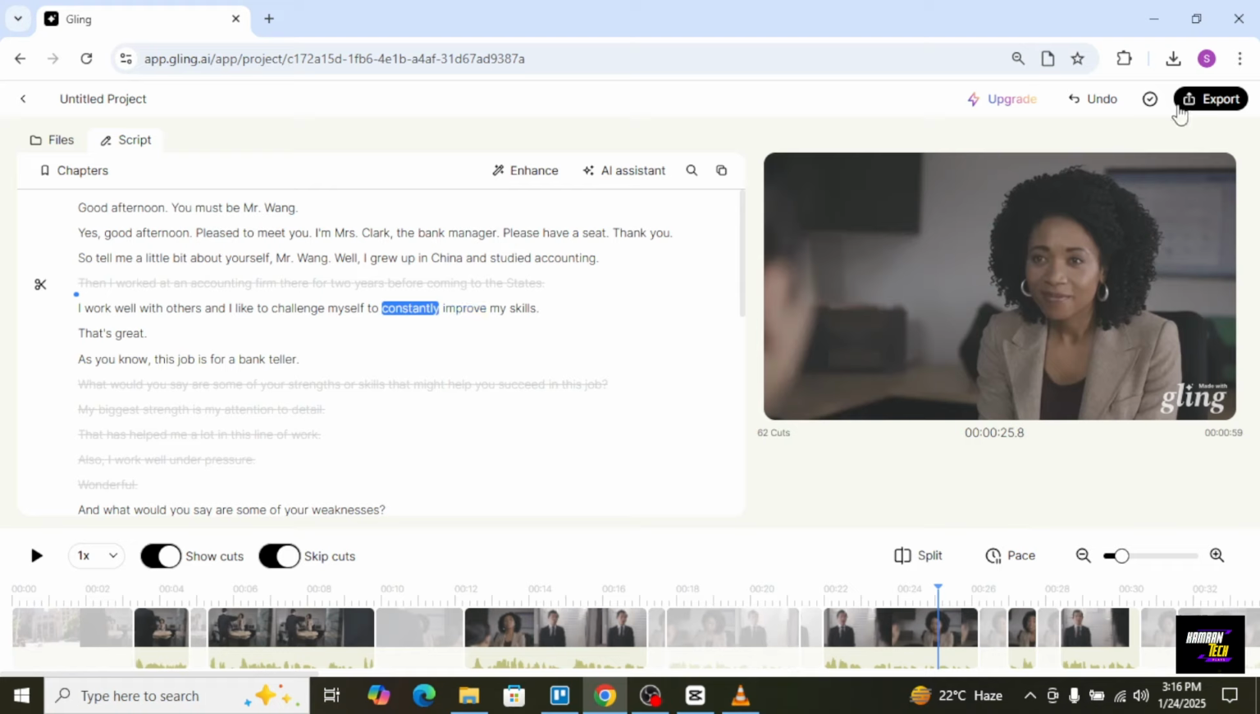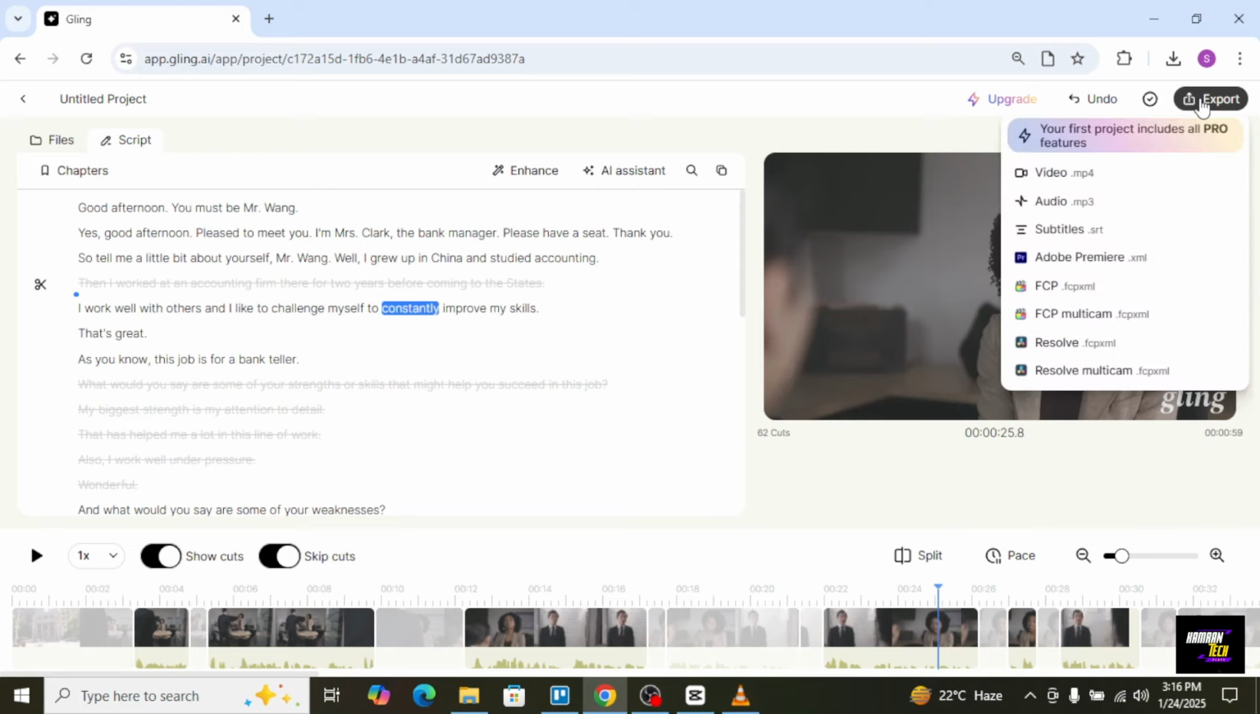And you will just simply tap on export, which is top right corner, and from here you will just choose the format like video, mp4, audio, mp3, subtitles, and there are many. So in this way you will just have to save your hours editing with this AI tool which is called